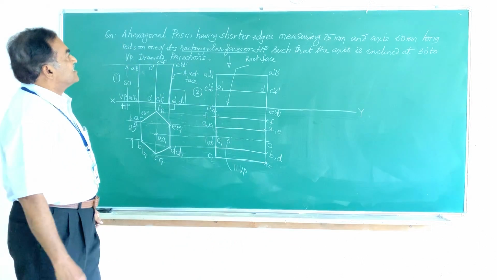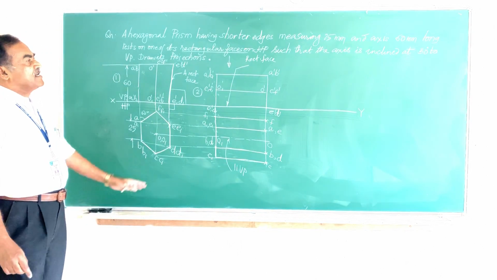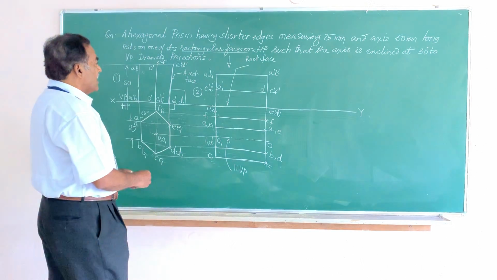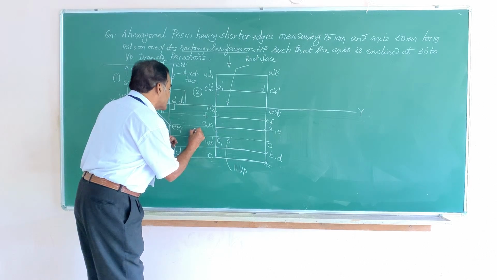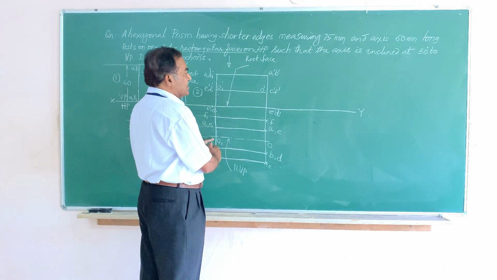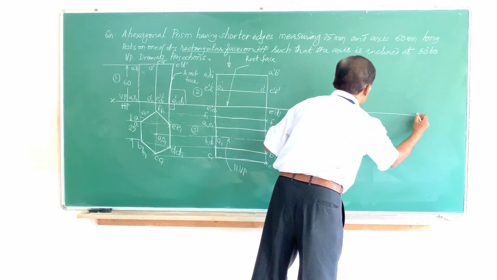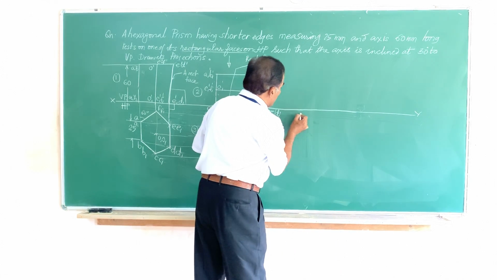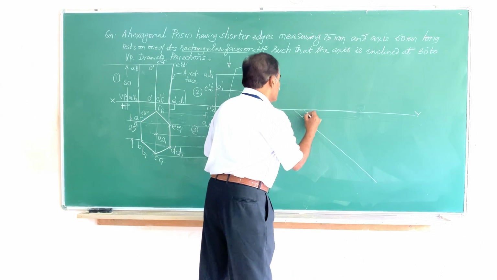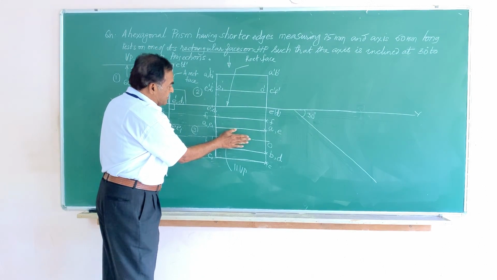But what does it say? It says draw the projection of the solid when the axis is inclined at 30 degrees to VP. Friends, now I am going to redraw this figure 3 as figure number 4 such that the axis O1 is inclined at an angle of 30 degrees to VP. So I extend this line and mark a line here at an angle of 30 degrees to VP, and on this I am going to redraw this figure 3